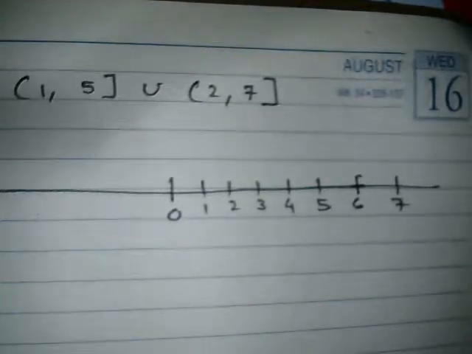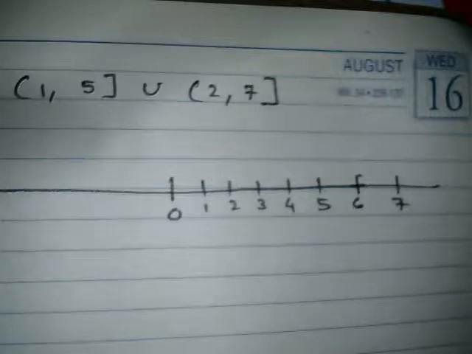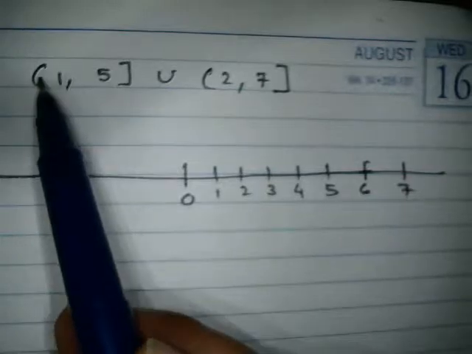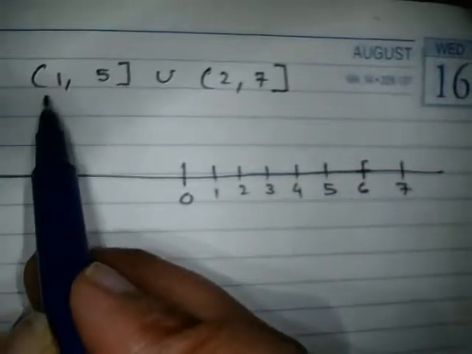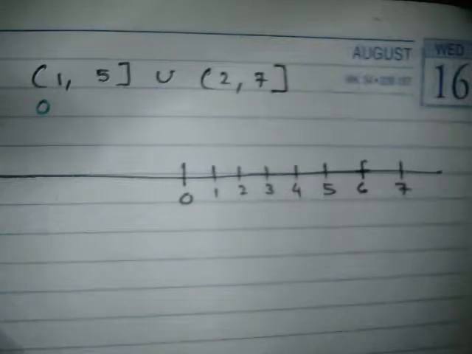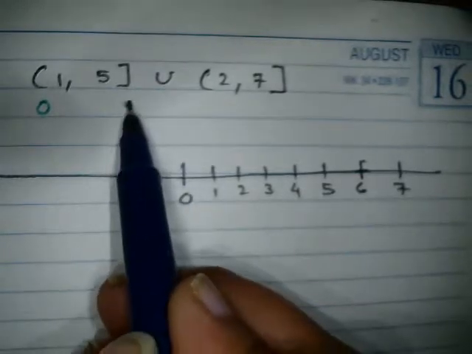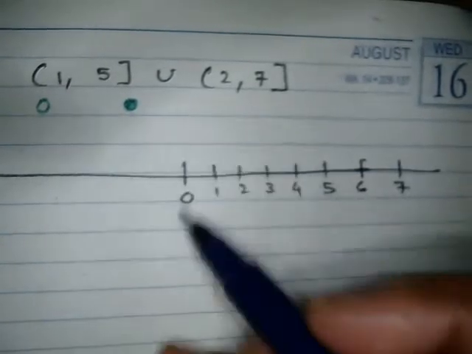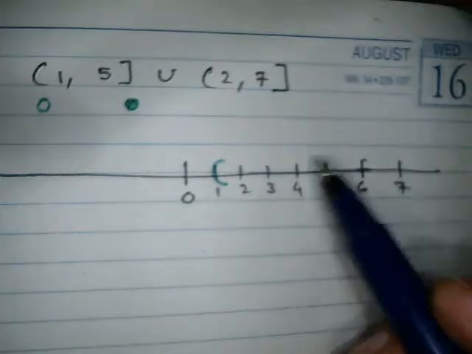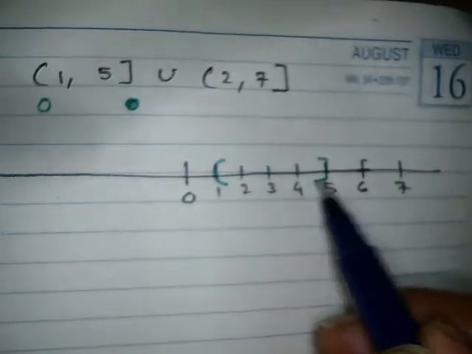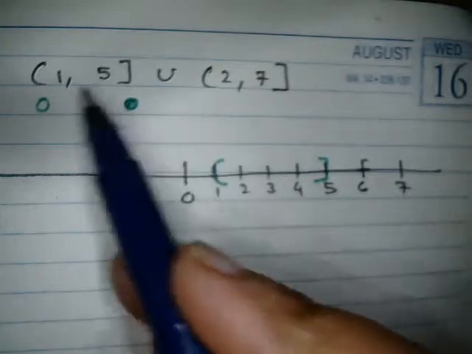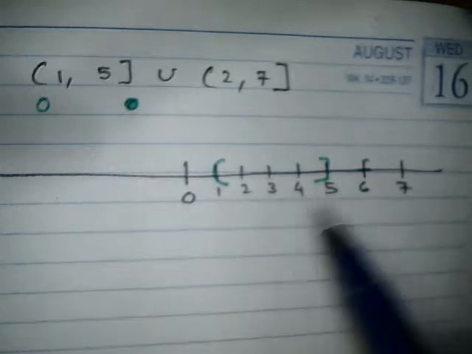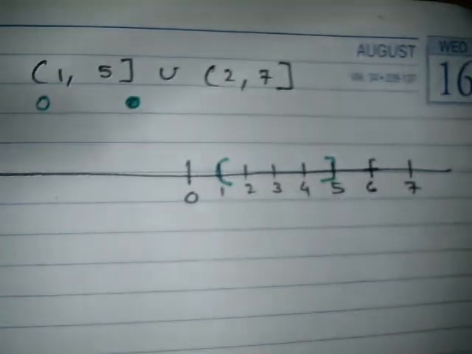First I represent the numbers represented by this set. Okay, this is 1, and on 1 it is an open bracket. On the number line it is represented by a circle; close bracket means solid circle, or otherwise you make these signs. Okay, I am going to make these signs. So on 1 this symbol, and on 5 it is a close bracket, meaning 5 is included in the set. When you open this bracket it will contain 2, 3, 4, 5 till 5. Okay, this is the first set here.